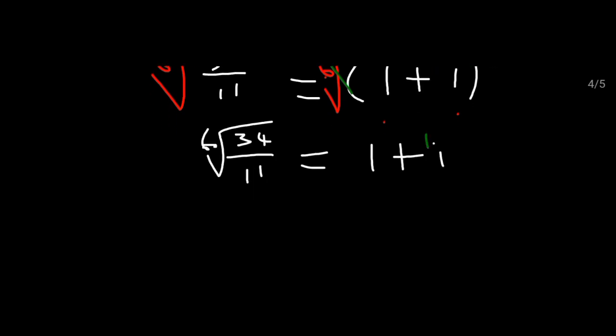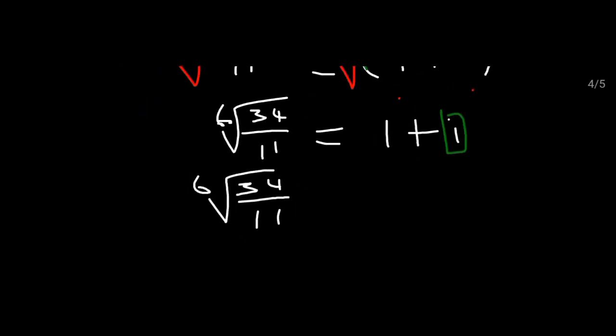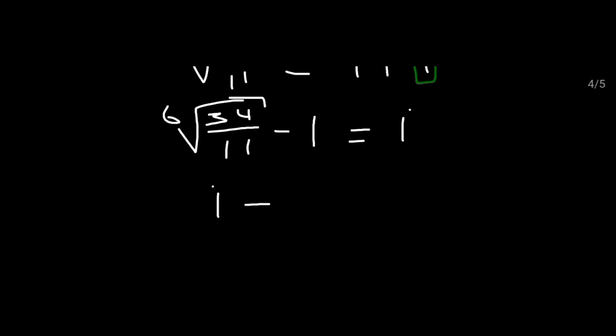So now I'm looking for i still, so I see I have to remove this one, and the plus one again, and you know that if there is a plus or a minus number you can transpose it. So now I'm gonna transpose this one to the other side of the equal sign, 34 over 11, and then I'm taking this one to the other side. It is positive, or if it's like negative 1, then equal to my interest. Now you say interest equal to, then you press this whole thing on the calculator, and it will offer